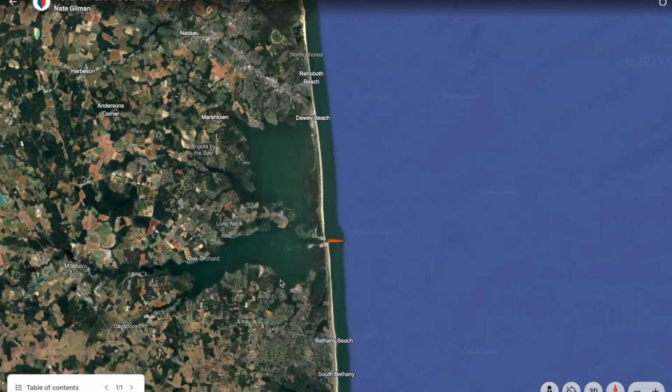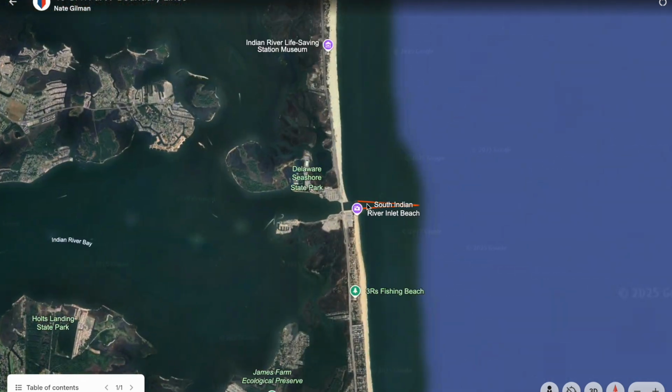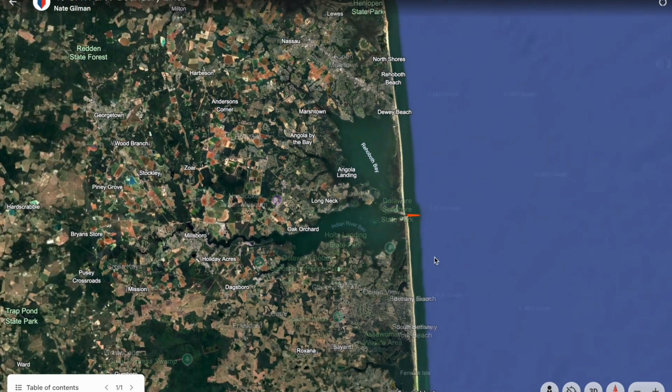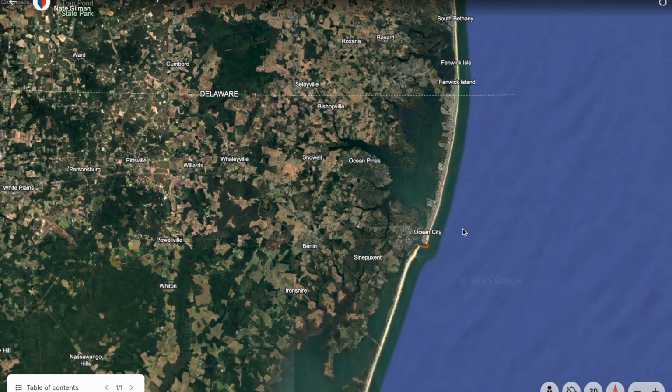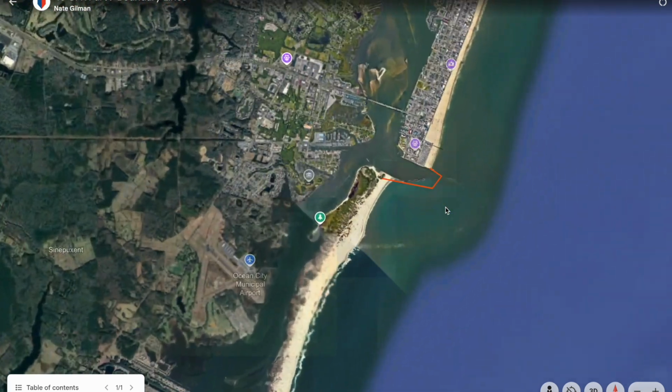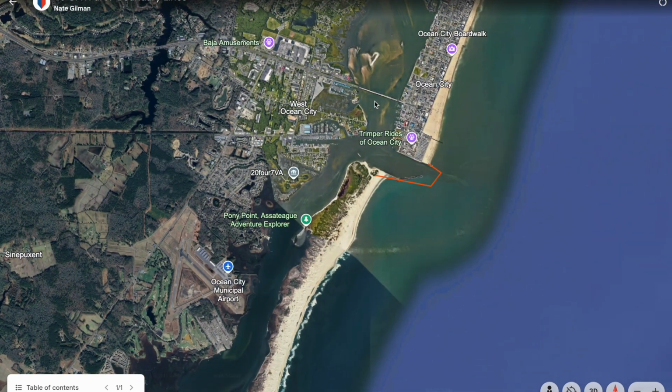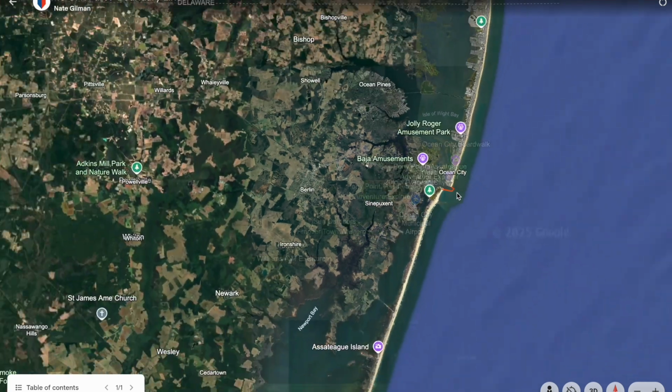As we make our way down, we can see right here off of Indian River Inlet, you've got to go outside the shoreline to make sure it happens off the safe water buoy. And as we make our way down here through Bethany to Ocean City, Maryland, same thing. You know, if you're playing around inland, it's pretty self-explanatory, but the second you hit that near coastal line, it gets a lot easier.